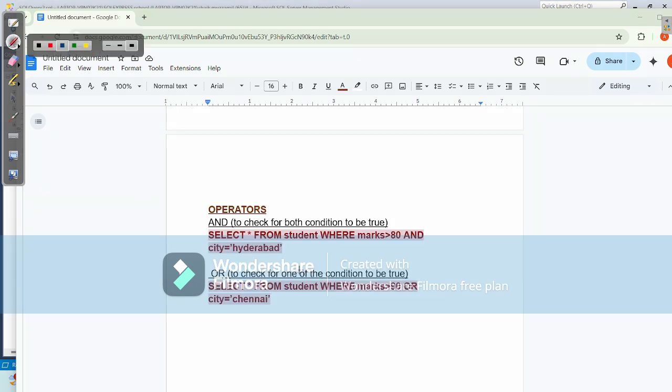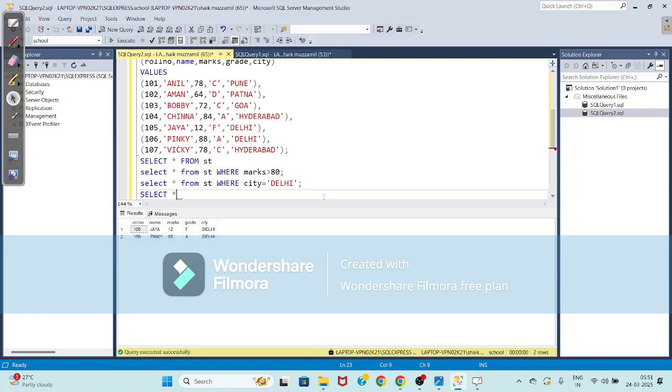Now let us check these two operators in the given table. Okay, now select star from st where marks greater than 70 and city equals to Hyderabad.